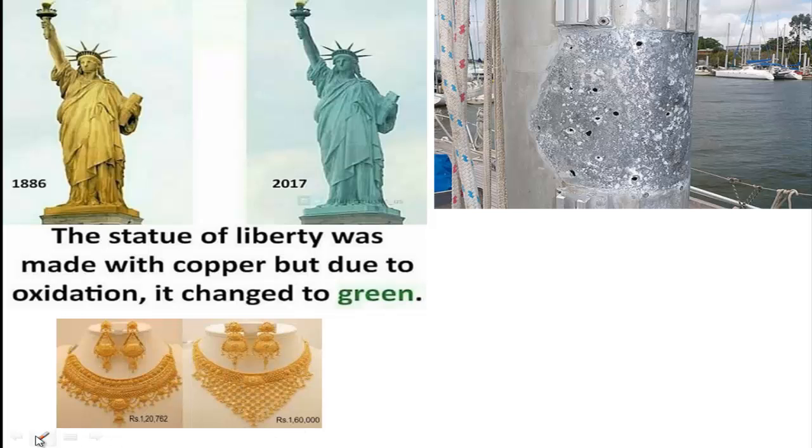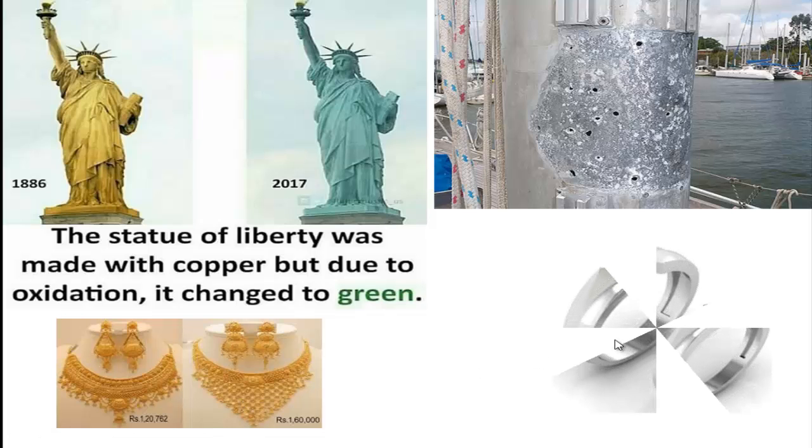For this reason we can use gold in making ornaments, and we use it frequently. If it reacted with other elements, then we couldn't use it easily, isn't it? And for this it is also a precious metal. Also platinum. This platinum ring, this platinum is also another important, precious, costly inert element. It is also not easily decayed